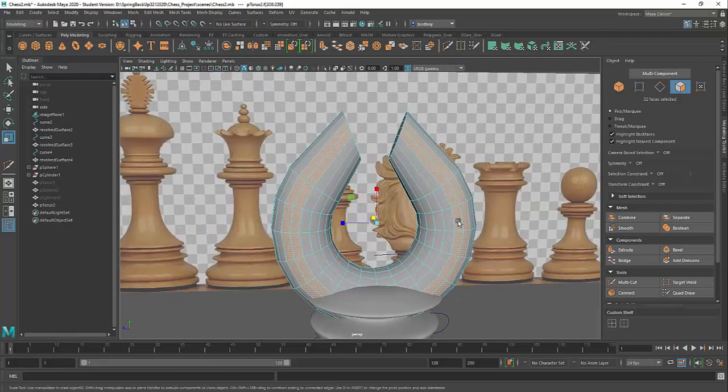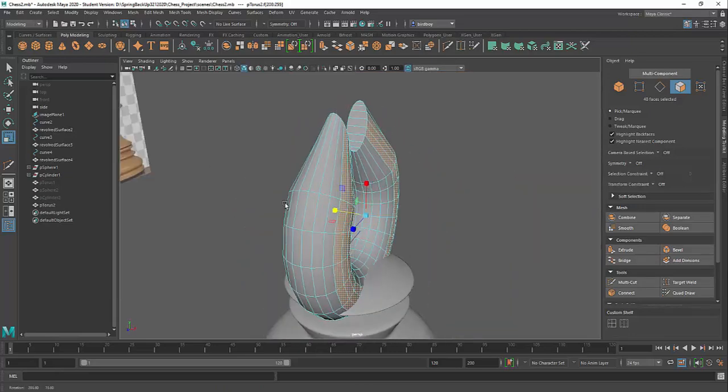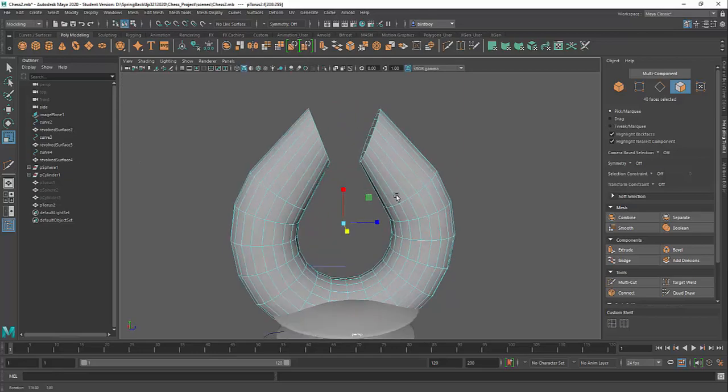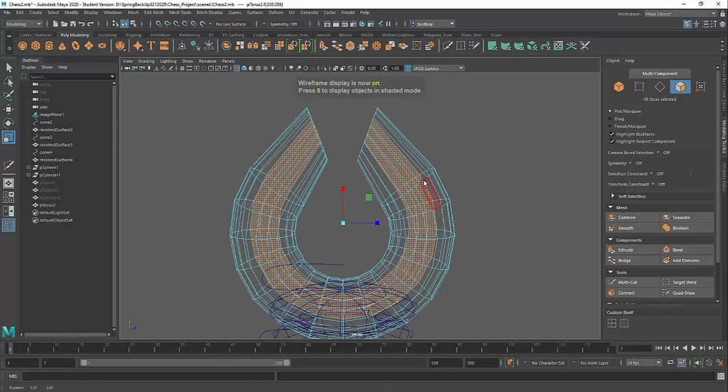Now I'm thinking 3 of these might be kind of cool. So I'll hold shift key and double click on there, and then I want to do the same thing on the other side. So I kind of want to match them. So one trick I can do is I can go into wireframe mode and kind of see which one it is. I think it's this one, so I'll hold shift key and then double click,